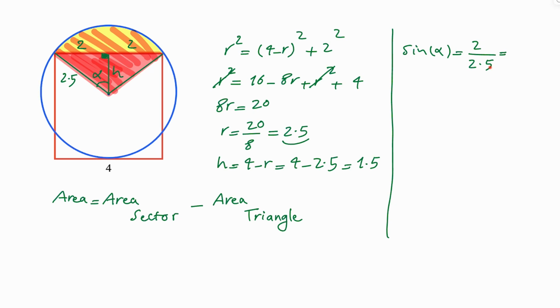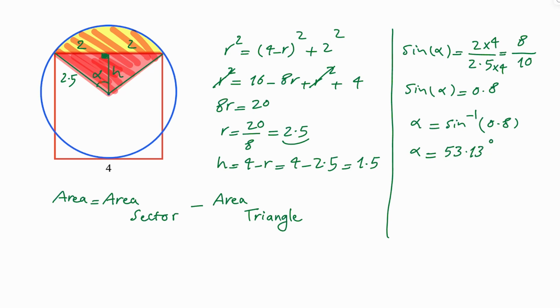We can simplify this. We can multiply both numerator and denominator by 4, because we want 10 in the denominator, so we will have 8 in the numerator and 10 in the denominator, and finally sine of alpha is equal to 0.8. And now we can take the inverse sine of both sides, and we will have alpha is equal to inverse sine of 0.8, and if we use calculator, alpha is approximately